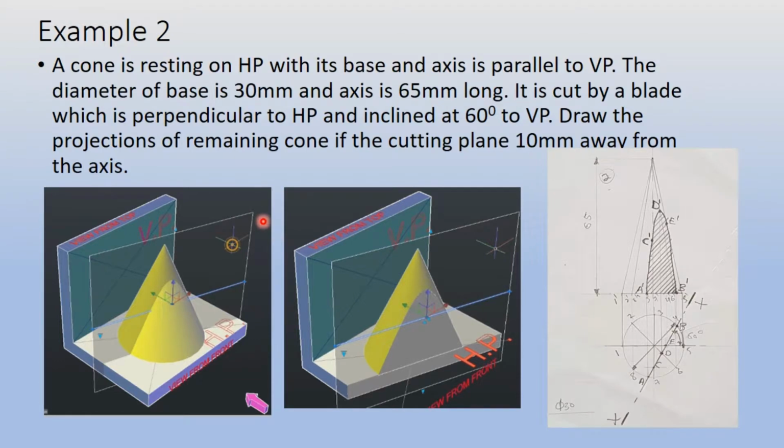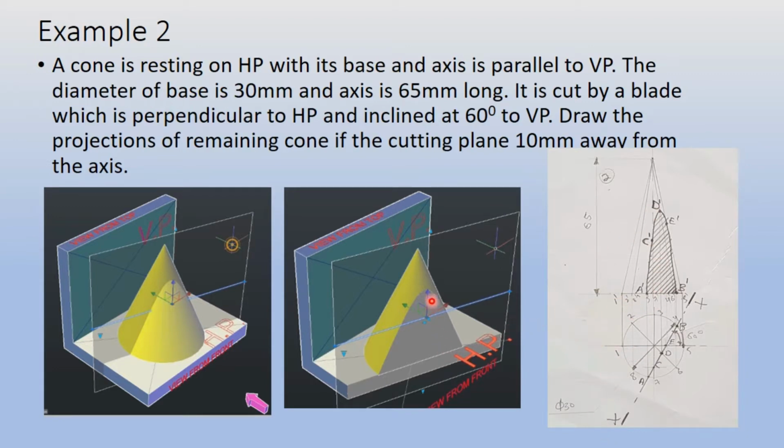So this is the solution of a cone when it is resting on the horizontal plane with the section plane cutting it at some angle. As you can see here, I am cutting in this fashion, and you can cut in this fashion also. But in any case, it is going to be perpendicular to HP. Here, I have cut in this fashion, but I have drawn in such a way that I have taken the cutting section plane here. You can take the section plane here also. As you can see here, the section plane is in this direction. So you will get the hatching portion in that case here.